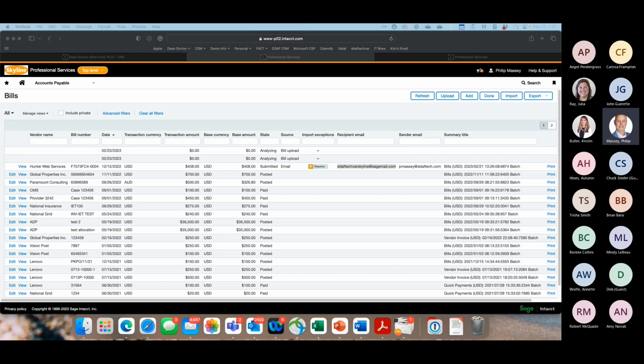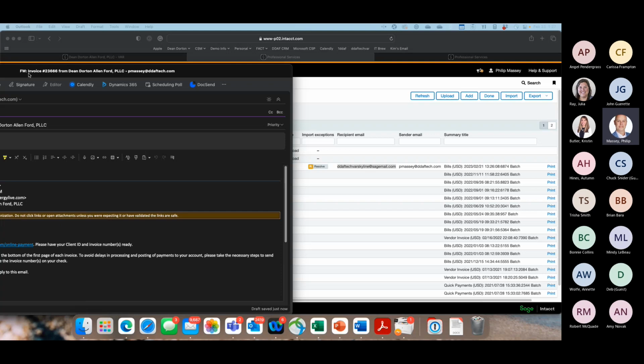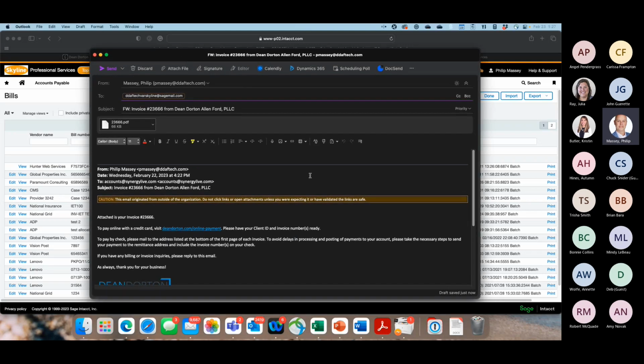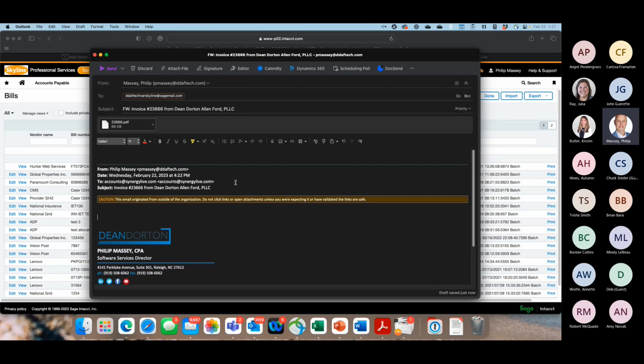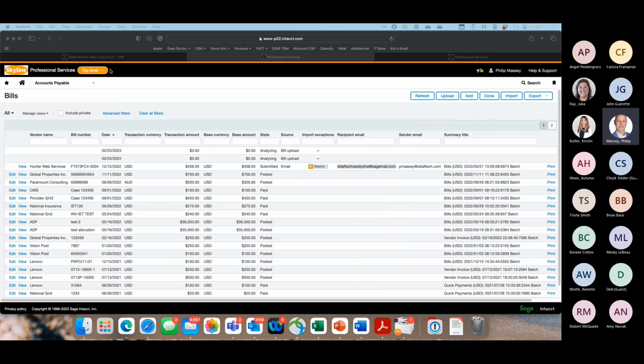So I'm going to take one that's on my screen over here, and I can't show two screens, so I apologize for that. But I'll put in the email address here. Let me actually pop it out. I can pop it out and bring it over here. So this is an invoice. I'm going to strip some of this out just so it's not there. And I can send this invoice to this email address, and it will be read into the system. So if I hit send here now,